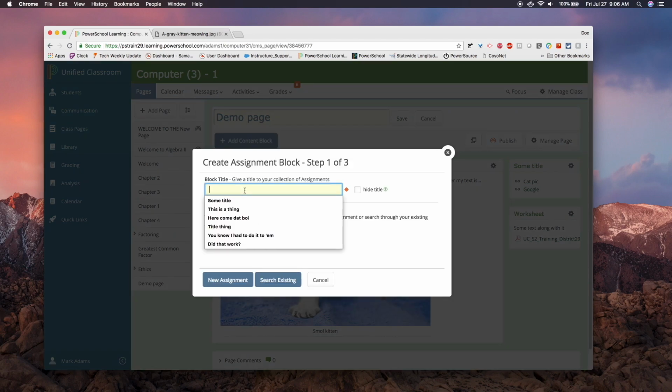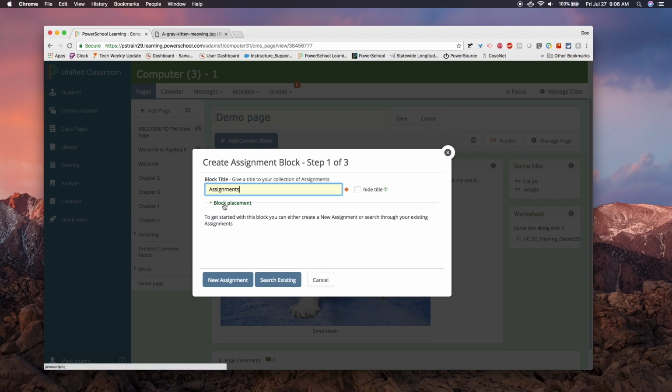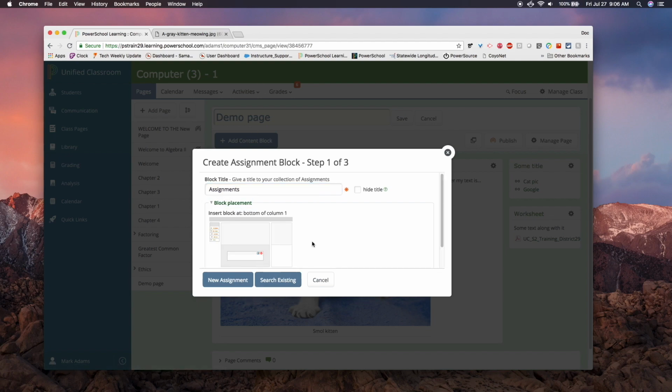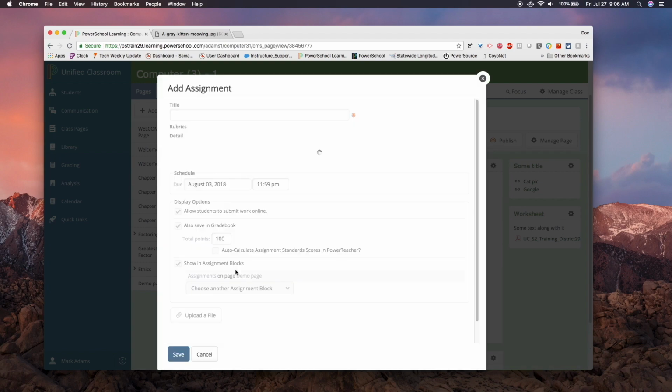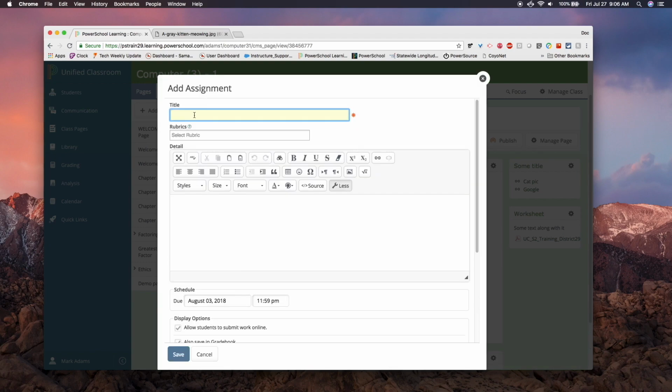So first off, you give your block a title, and you can do this as just assignments. We'll put that at the bottom of the page so that everybody has to look through all the content before seeing the assignment. Then I click New Assignment. So title, this is the assignment's title this time. So Chapter 6 Review. Here, if I had a rubric, which I'll go over later, how to apply rubrics,